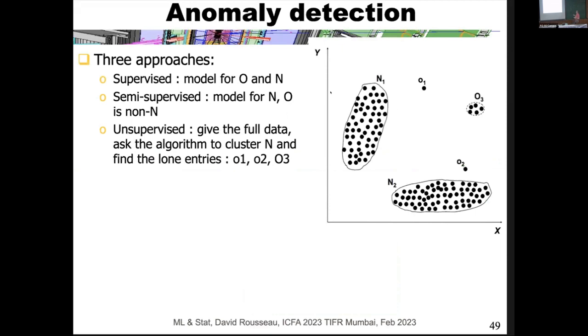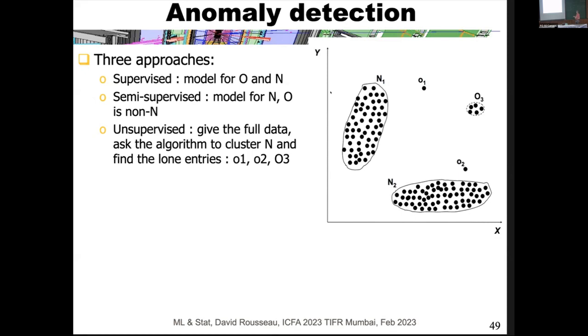So anomaly detection, just to explain what it is. You have some model of, say, the standard model, and you want to look for something else. So imagine this is the nucleus, this is the regular data, and then you have outliers, either alone or a small bunch of things. So there are two ways to detect these outliers. Either you have a model for the outlier and a model for the nucleus. This is then called supervised.